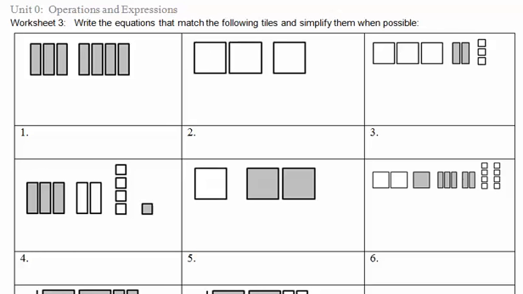Unit 0, Worksheet 3. Write the equations that match the following tiles and simplify them when possible. All right, so if we were to remember from our rules, the large squares are x squares, these are x's, and these are 1's. If they are open or white, they are positive. If they are shaded or closed, they are negative. So this is going to be minus 3x